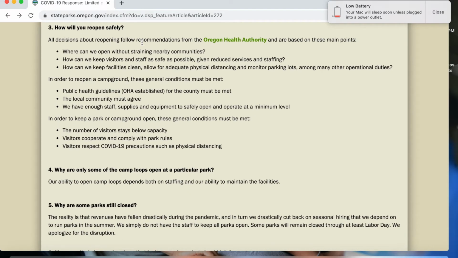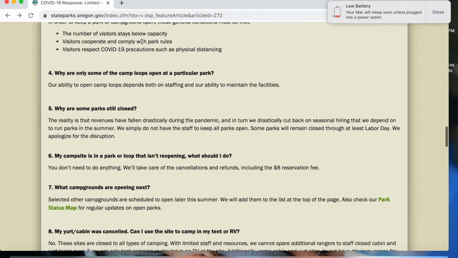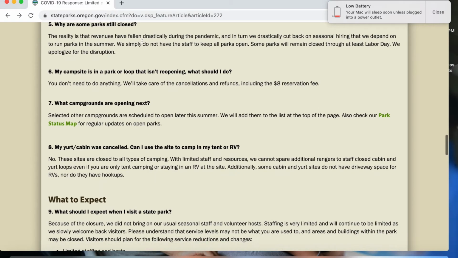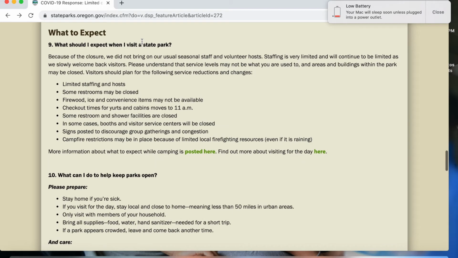Section 3 is how will you reopen safely. This is specific to Oregon State Parks and the recommendations that they take into consideration and utilize based off of the Oregon Health Authority. Please feel free to explore other options. We're just going to skip down to the what to expect section.